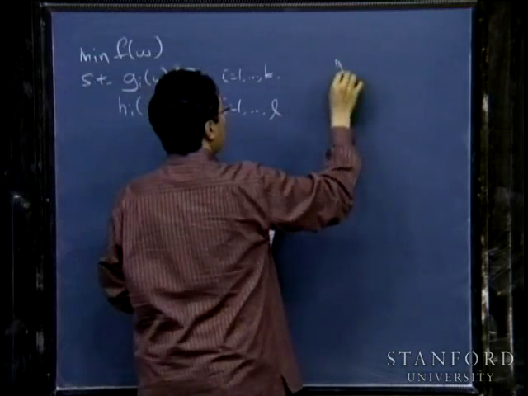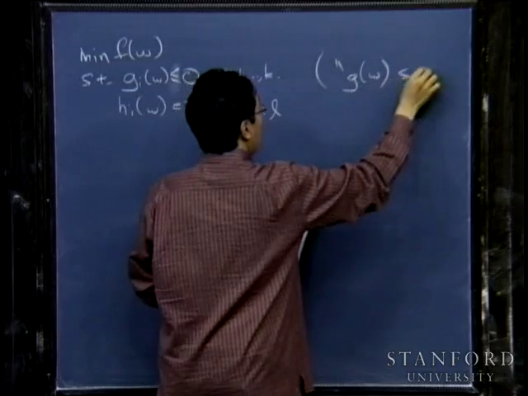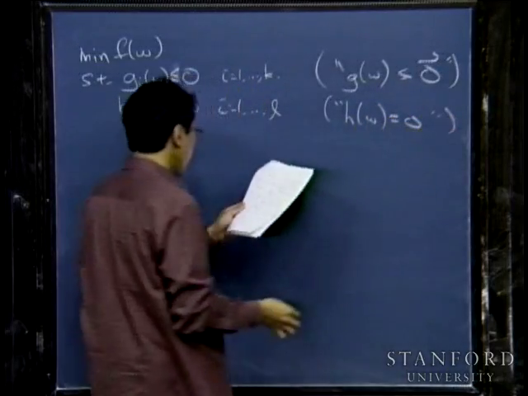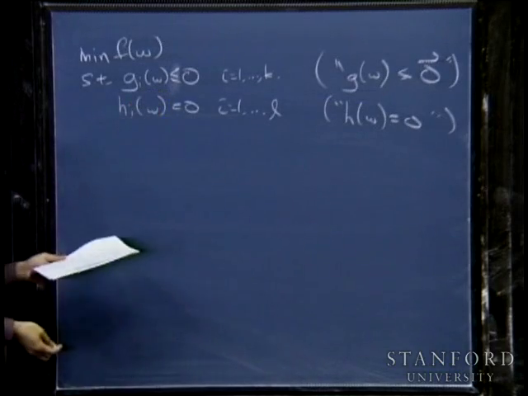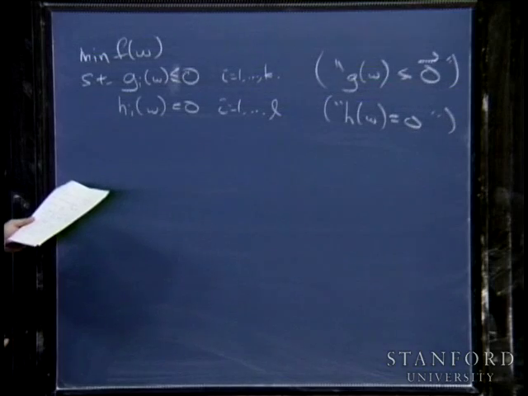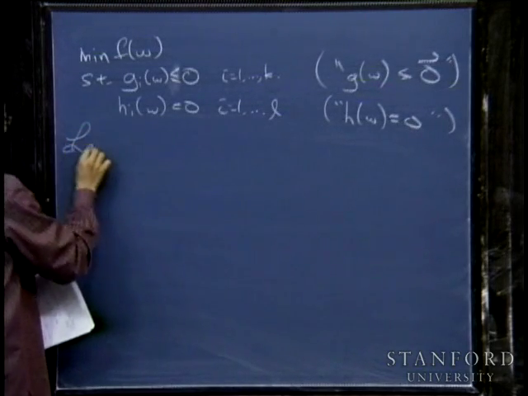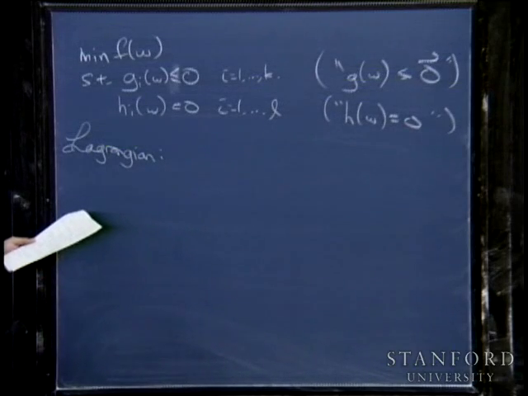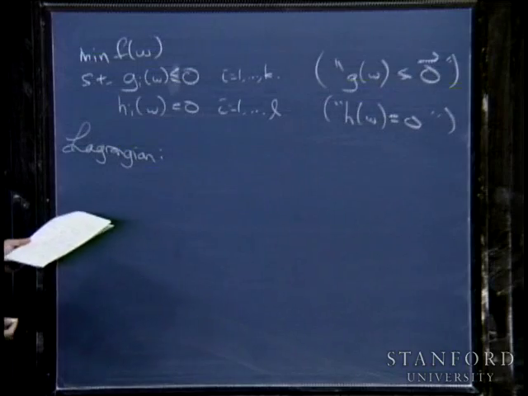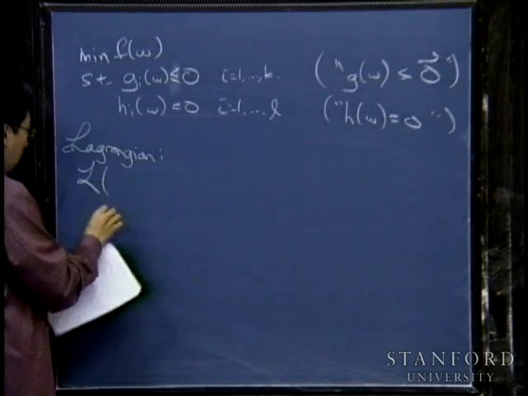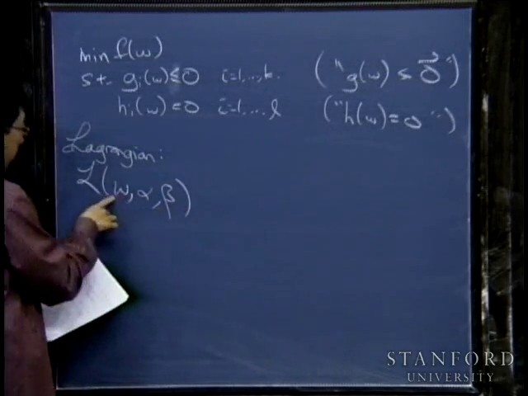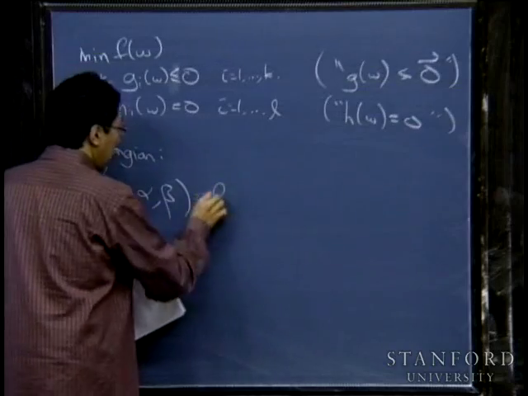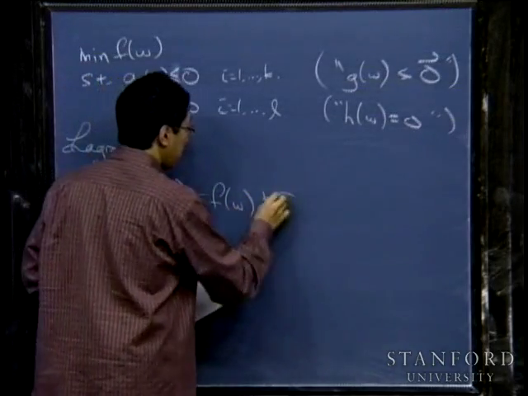And again, using my vector notation, I'll write this as g of w is less than or equal to 0, and h of w is equal to 0. So unlike the previous case, we now have inequality constraints as well as equality constraints. I then have a Lagrangian, sometimes called a generalized Lagrangian, which is now a function of my original optimization parameters w, as well as two sets of Lagrange multipliers alpha and beta. And so this will be f of w plus